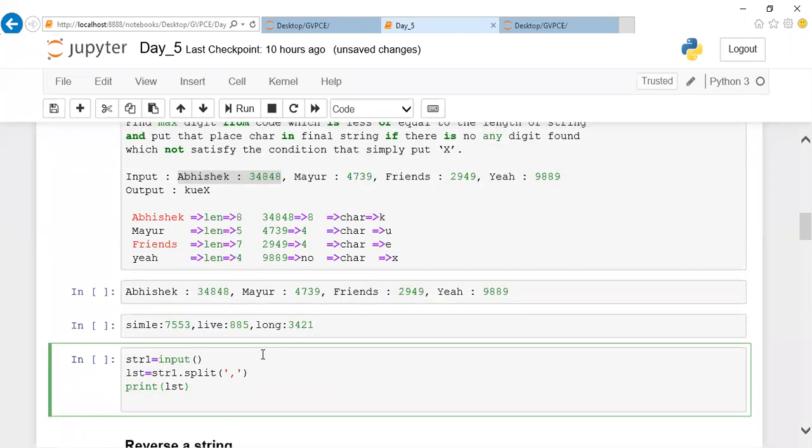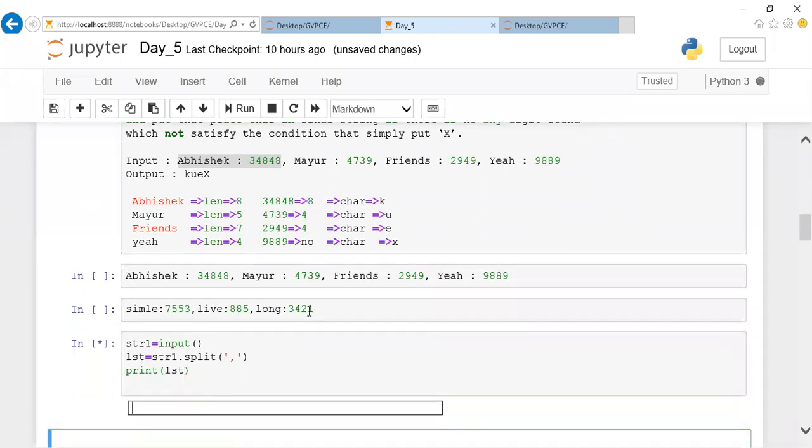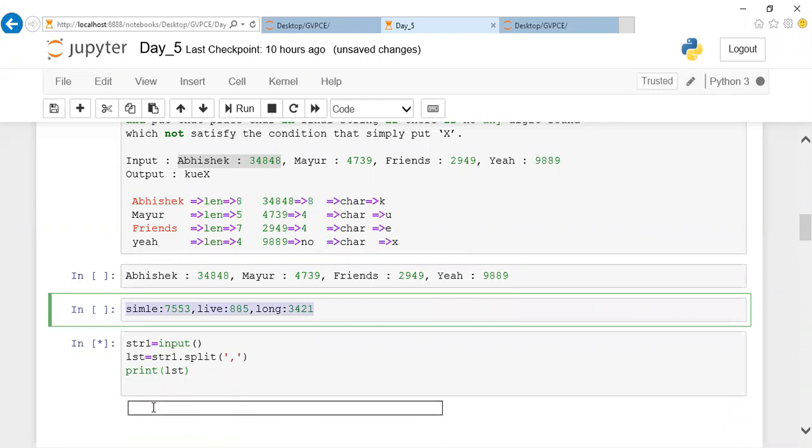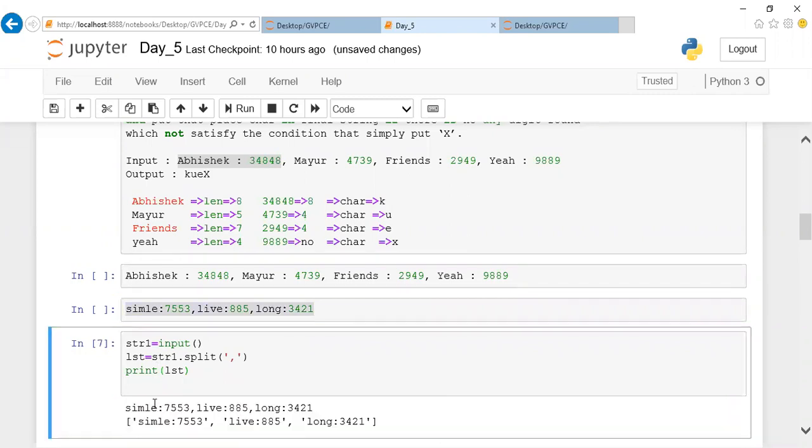Guys, if you want to be aware of all those things, you should practice. Only by practice can you come across this. So if I give data like this, for example, this is my string, you can notice that wherever the comma is there, my data has been split. This data and the next data have been split. Now I have a list of values, and it is easy for me to access. This is my list's 0th position data, first position data, and second position data. I have the values. Okay.